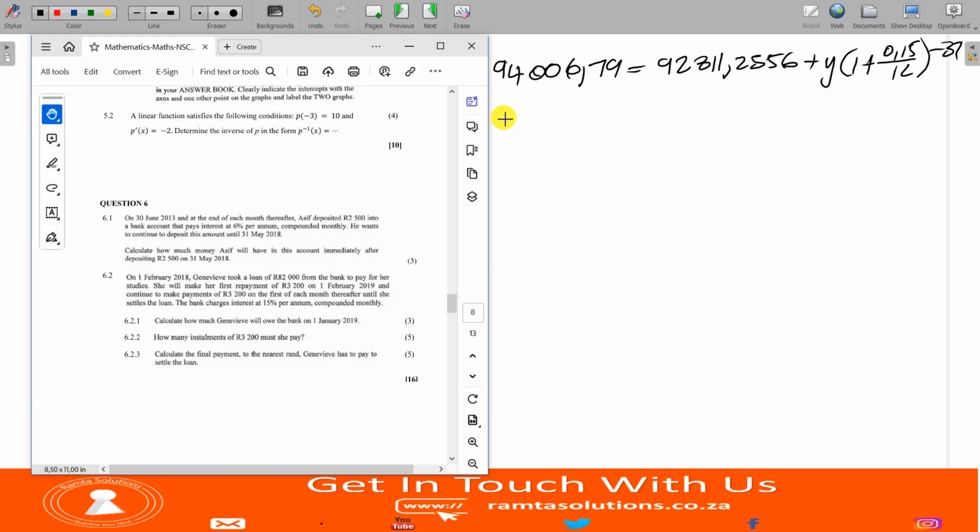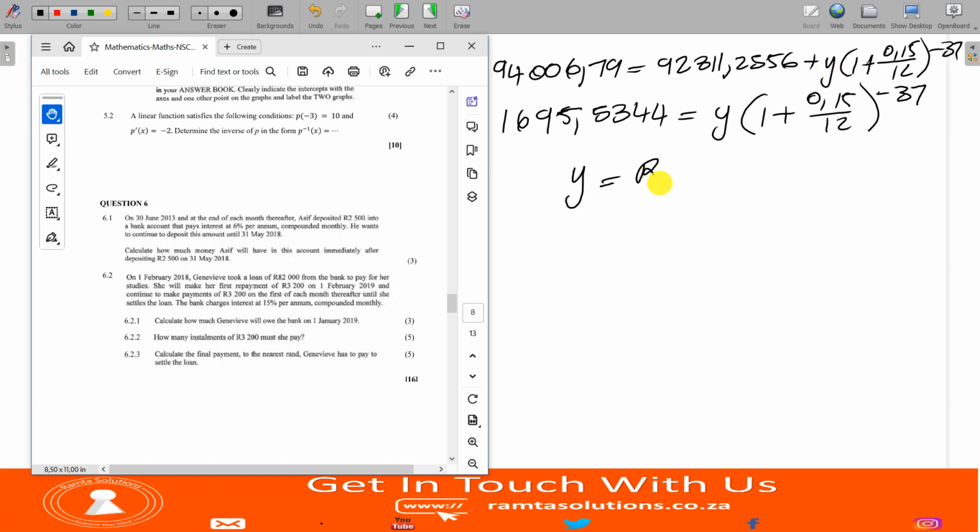We get 1,695.5344 equals Y into (1 plus 0.15 over 12) to the power negative 37. Now I will divide this answer by (1 plus 0.15 over 12) to the power negative 37. So Y is equal to